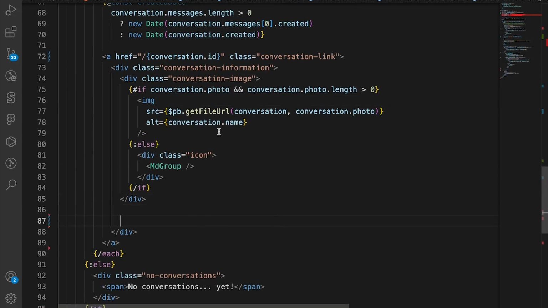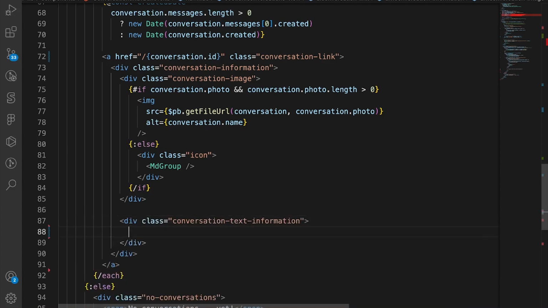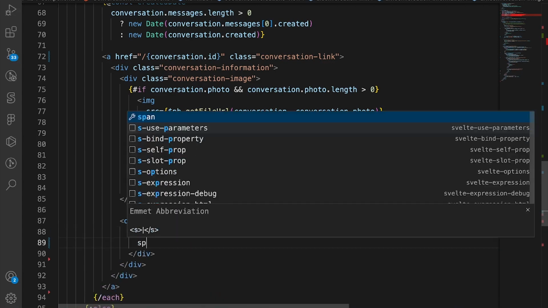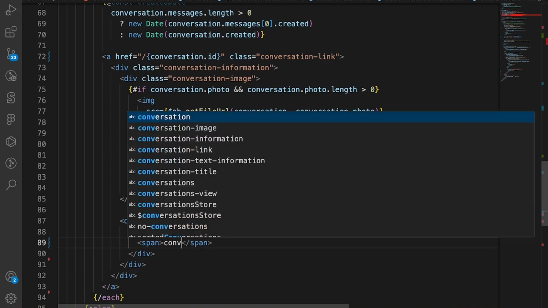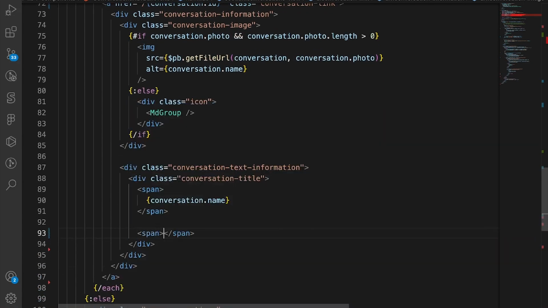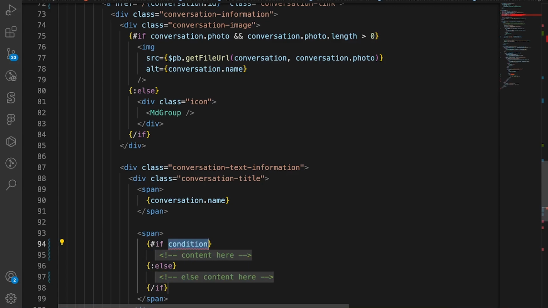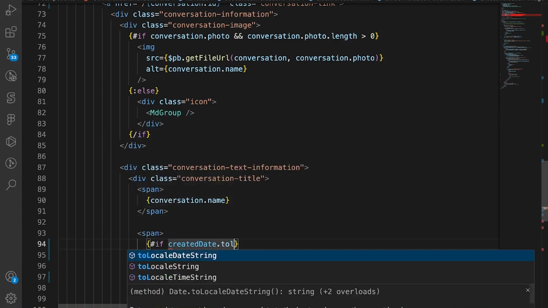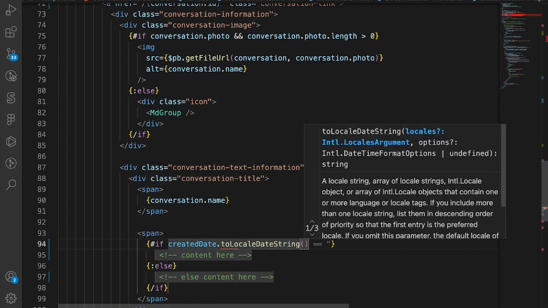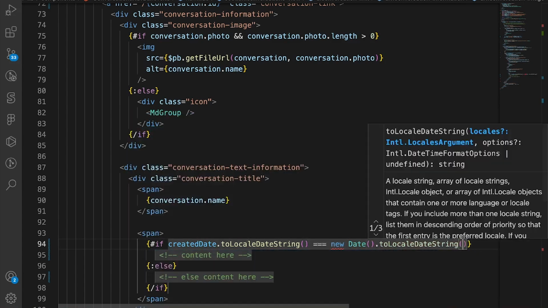So now below this div, the conversation image div, let's create another div with the class of conversation text information, conversation title, and it's going to contain 2 spans, one with the conversation name and the other which is going to contain as if else created date dot to locale date string is equal to new date dot to locale date string, and then we're going to say